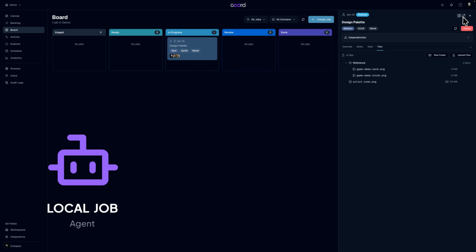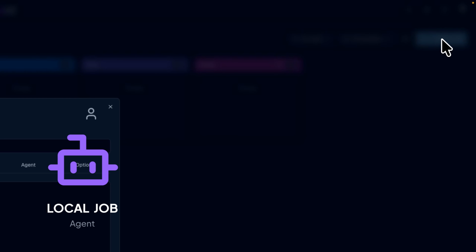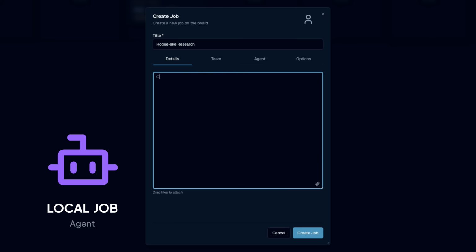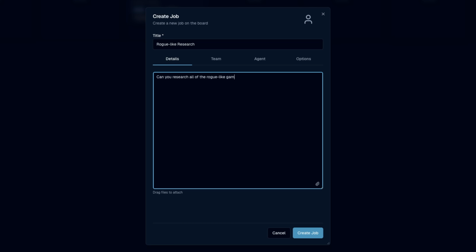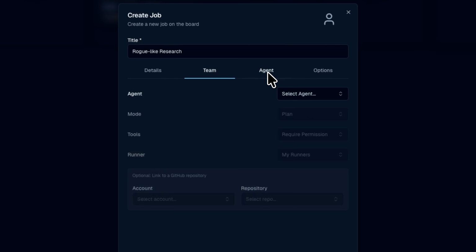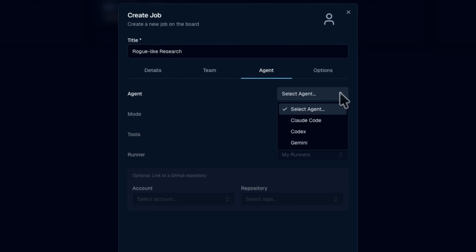Now let's look at creating a job for an agent. Since we started building a roguelike game, we're going to ask the agent to research all of the roguelike games and create a spreadsheet of all of the features they share in common. Again, we'll enter a title and a description. I can go over and add team members, but here we'll move over to the Agent tab, and I'm going